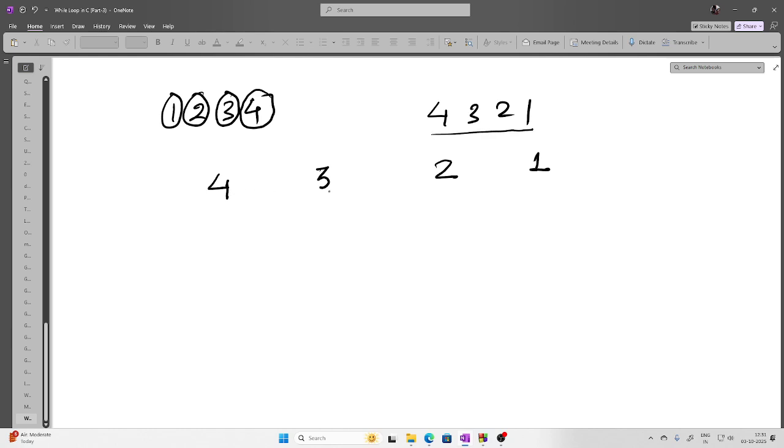Now 4, then 3. So once I take this 3, I have to multiply it by 10. Then once I take this 2 out, I have to multiply this by 10 and then add 2. Once this is done, I have to multiply it by 10, then add 1 to it. So what I am doing basically,